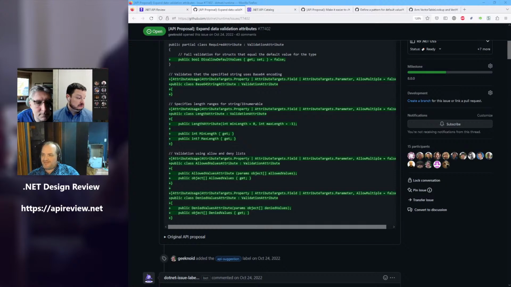I think one issue: do we care about CLS here? Does anybody care about CLS? Long is CLS compliant, but also we can't care about CLS because basic C# features don't take CLS compliance into account anymore.